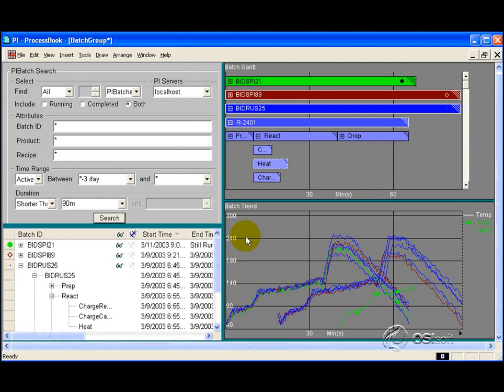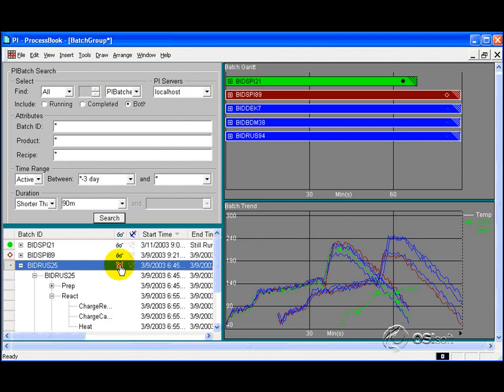The color scheme I selected is active is green, recently completed is brown, and any completed one is blue. If I select one of these, you can see that it highlights here on the Results tab. I could hide it by clicking here, or